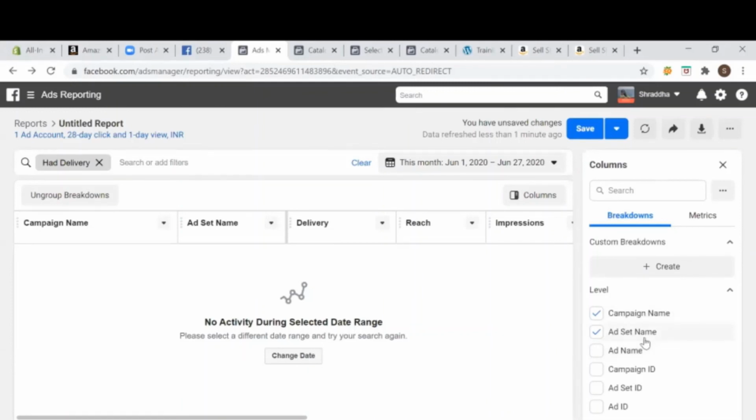So if you can see over here, this is an ad set. It will give me the name of the ad set which is performing well, and I need to always scale up. I will be allocating budget, and in future I'll try to run those kinds of ads, right? So this is how I'll be scaling up my business. Further and further, I will be trying to analyze my campaigns. I will remove low value products. I will ensure that my page quality stays high, right?